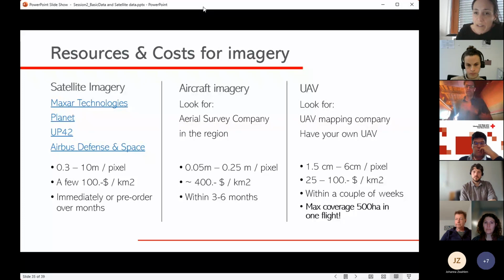If we're going to drones and UAV, you can either outsource it and find a UAV mapping company in the region you need the data from, or you have your own drone, and actually it's rather simple to fly a smaller drone and to use applications on a smartphone or on the controller that come with the drone to fly smaller areas in a way that one has enough overlap between the images, which we'll talk about next week, and which will then help you to produce the data. If you do it on your own,